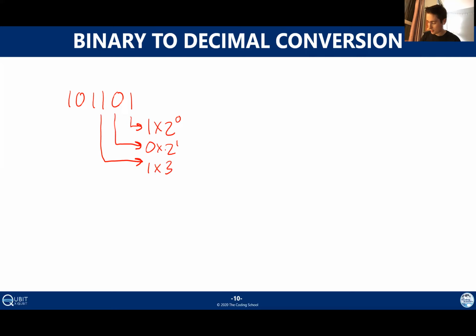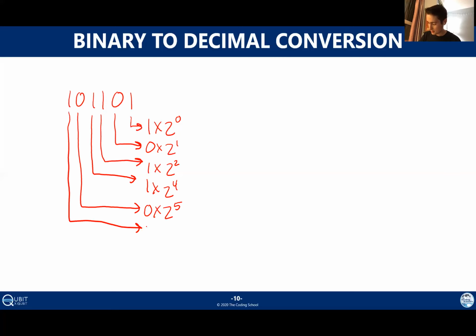Oops, that should be a 2, power of 2. And so hopefully you can follow along with what I'm doing here. This is just a bit of procedure. Okay, and once we get to the end of our number, we're going to work out all of these values. Now, I will point out one little trick here.